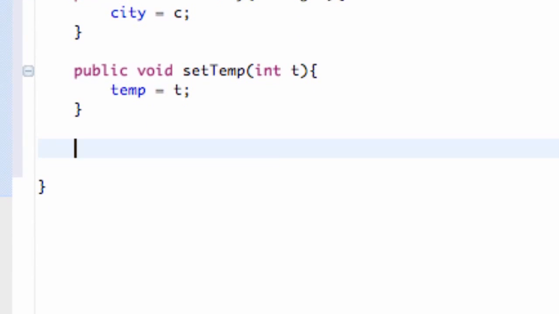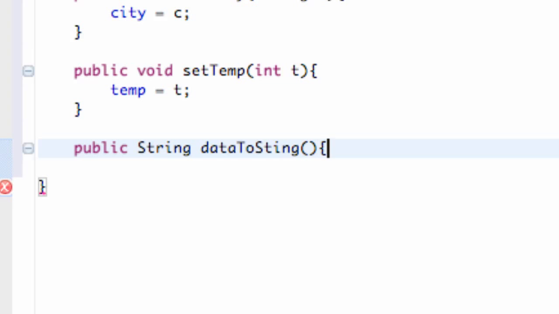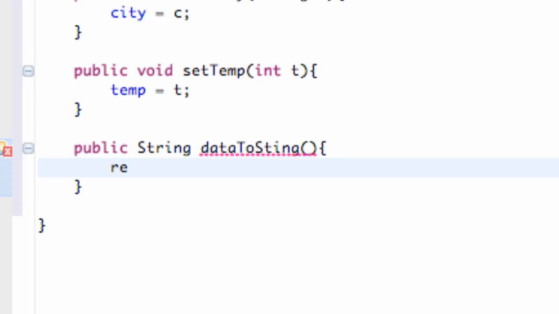Then we're going to set one method up so we can retrieve both our city and our temperature. So we're just going to say public, sorry, I'm not angry at you guys, public lowercase, and then we're going to say a string reference, because again we're setting our text view, so it needs to be a string, and we're just going to say dataToString, something like that. And it's not going to take anything within its parameters, because it's going to refer to the variables it already has set up for this class. So we're just going to hit enter, and we need to return something, so we're going to say return, and we're going to say